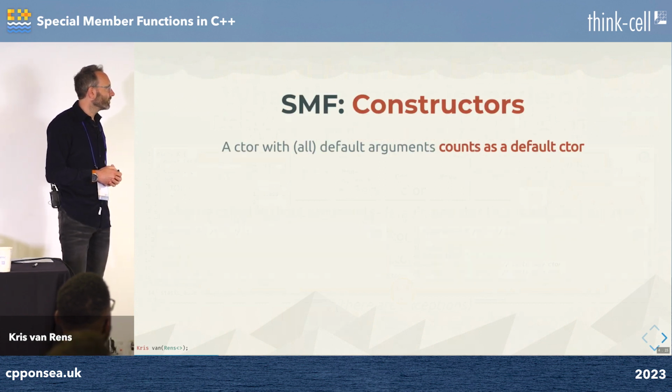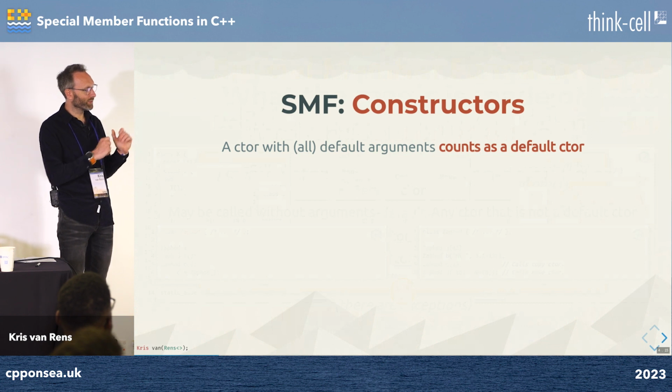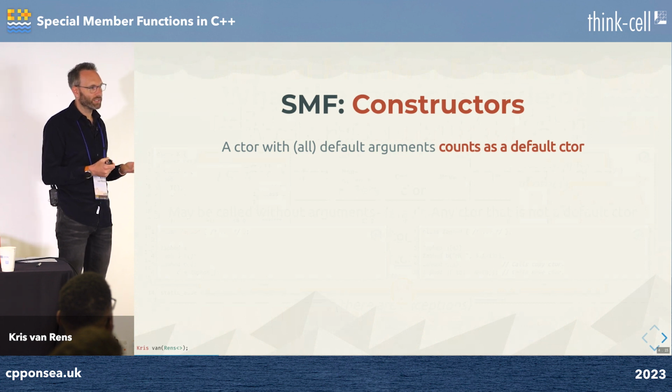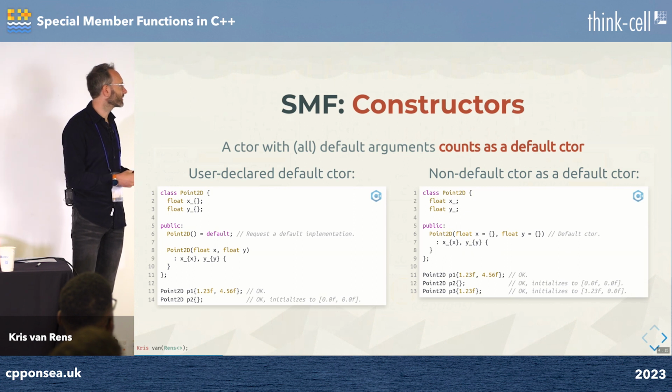And technically speaking, the move constructor and the copy constructor are also non-default constructors, you could say. What happens if we have a non-default constructor, but it has default function arguments in the definition? Well, then it counts as a default constructor because it is able to take the place of the default